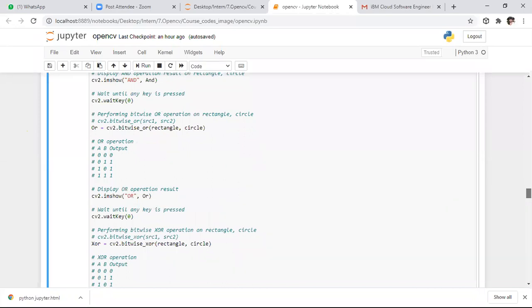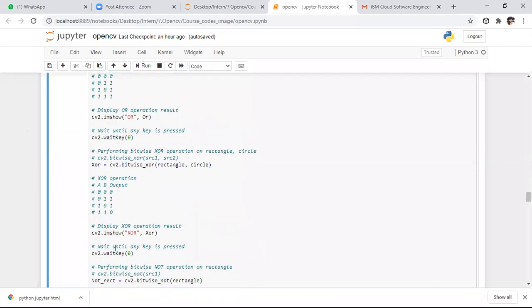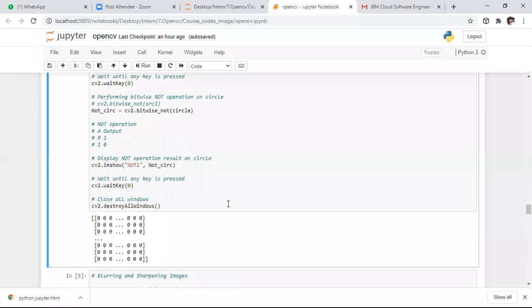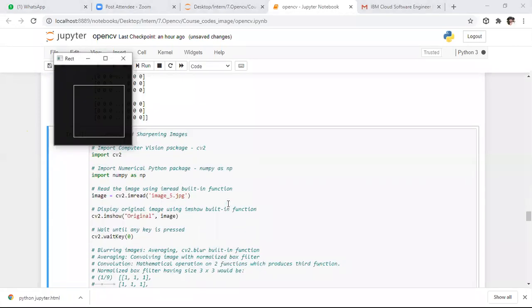After that, I want to perform NOT operation. So here I want to show NOT operation on the rectangle, and I want to observe it. I want to perform NOT operation on the circle also. So here we will see the output of this entire thing. If you observe that, so here